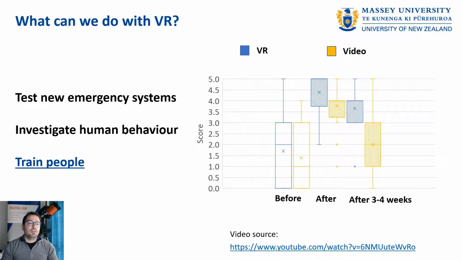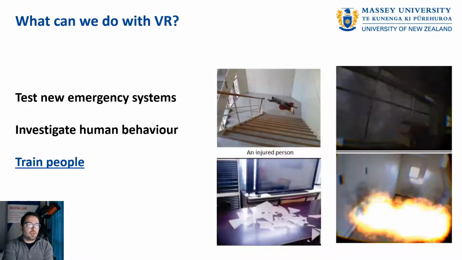And you can see in this image that people that went through VR still remember quite a lot of the information, while the people that used video tended to forget all the information. So from a knowledge point of view, it seems that VR can perform much better than a video training. Of course, we didn't test if people were actually capable of using an actual fire extinguisher. This is something that we hope to do in the future. But this study showed quite a lot of interesting insight about what can be achieved using VR training.